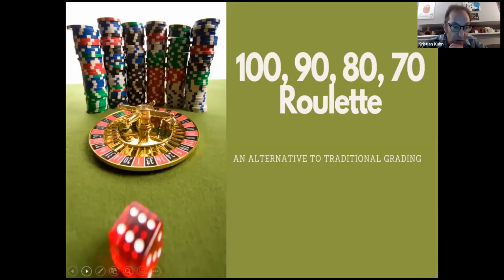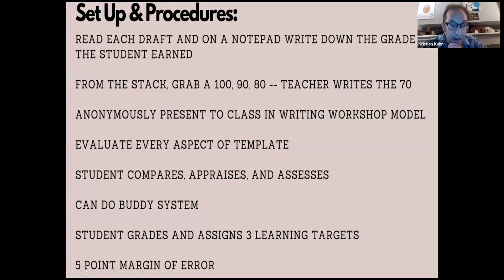And with this one, I went back one, sorry about that. With this one, I also will have them do what we did with the previous. I'll say in exactly 5 sentences, tell me the grade you deserve and why, and be thorough, get to the why. So what's going on in your writing, and then in the end, 3 learning targets. What's 3 things you're gonna work on in the next paper?